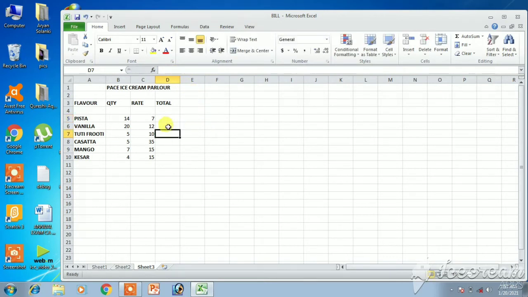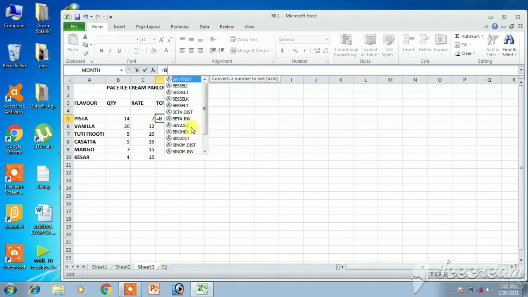So here students we have to write the formula. Select the first cell where you have to type the formula, meaning where you want the answer, and then go to the Formula Bar and type the formula. You have to start with equal to. Then which cell do you want? Quantity and rate we have to multiply. So we have to multiply B5 with C5. Got it?